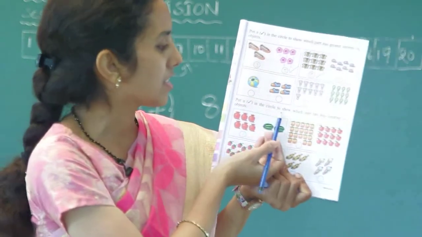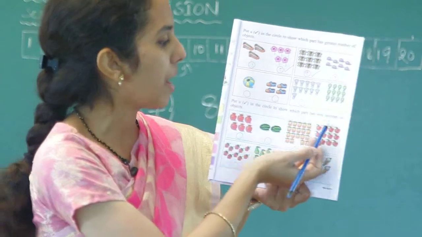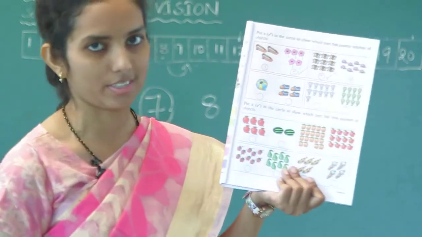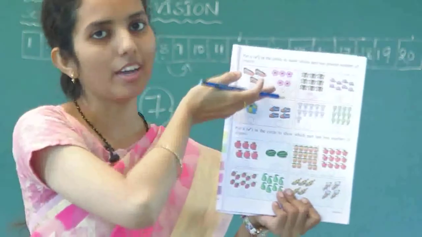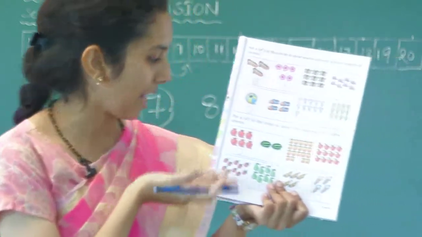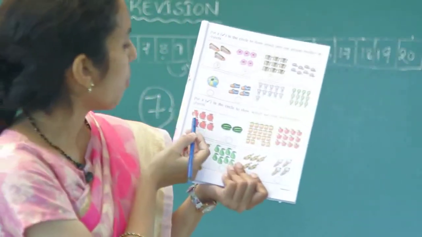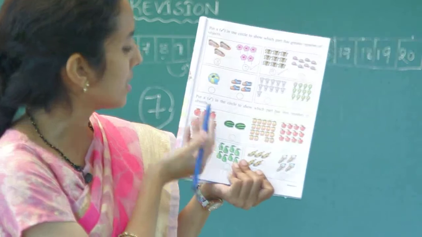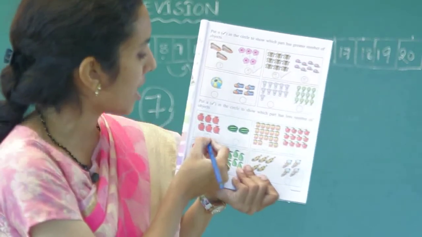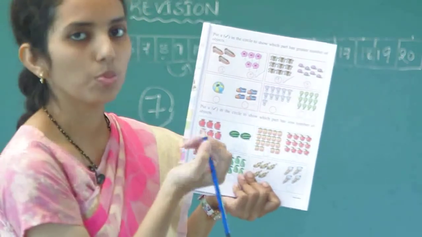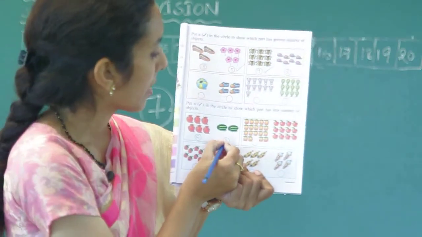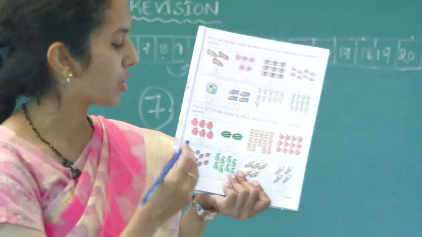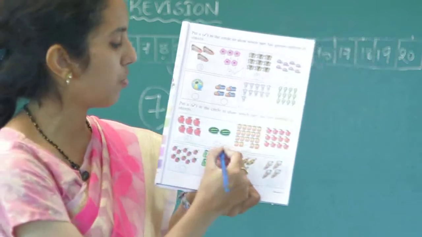Put a tick in the circle to show which part has a lesser number of objects. So here we were asked for bigger and here we are asked for lesser number. So 1, 2, 3, 4, 5, 6. 6 pomegranates are there. And 1, 2. Only 2. 2 watermelons are there. Which number is smaller? 2 is smaller. So tick